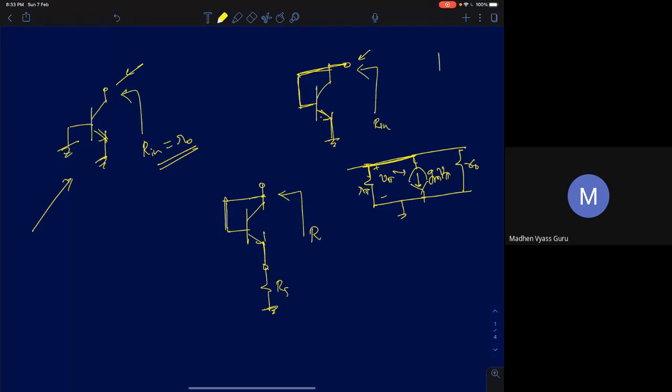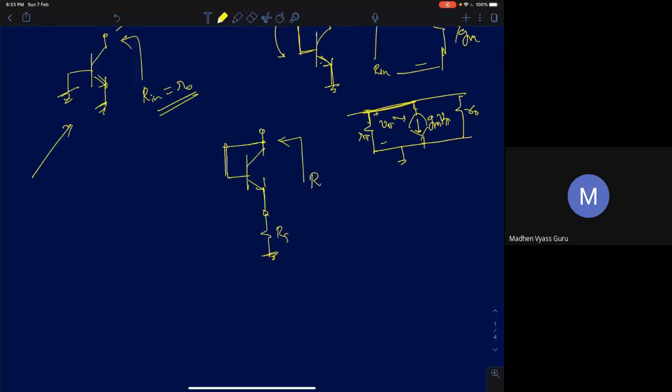If you recall, I told in one of the previous lectures, if you have a dependent current source of value gm V pi and the voltage across that is also V pi, that will happen only if base and collector are short circuited. In that case, I can simply replace this current source with a resistor because the current is proportional to V pi. So it is a resistance of value 1 by gm. So I'll replace this with a resistance of value 1 by gm. So then you have three resistors in parallel: R pi in parallel with 1 by gm in parallel with R naught.